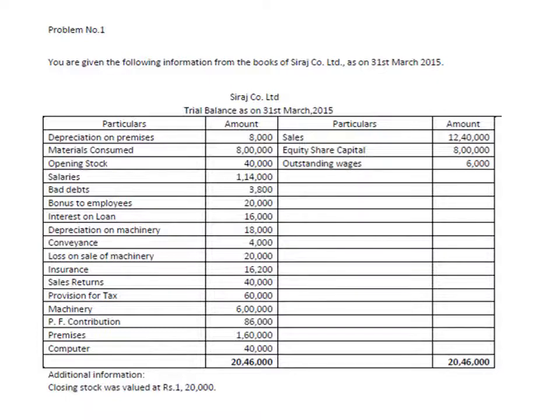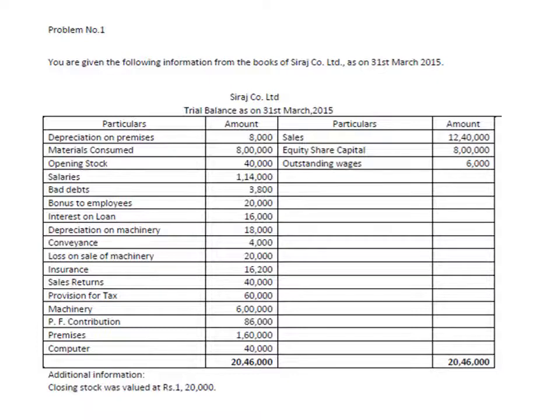It is also an expense. We have opening stock here. We have opening stock as a trial balance, and additional information of closing stock is also given. So what we have to do, we have to put these together and we have to balance it. So that is opening stock minus closing stock, and that balance should be shown as changes in inventory, which comes under the expenses part of the profit and loss account. Then we have salaries. Salaries is also an expense. Bad debts. Bad debts appear under other expenses.